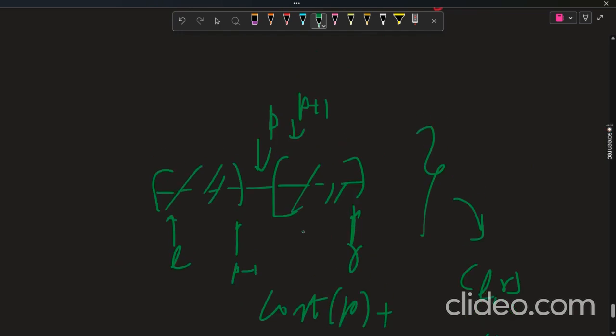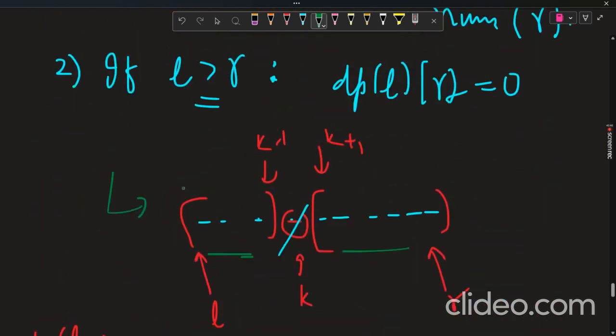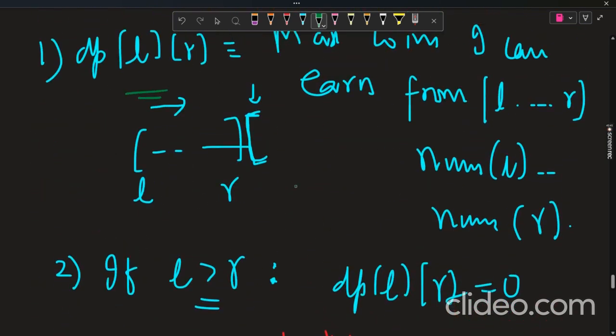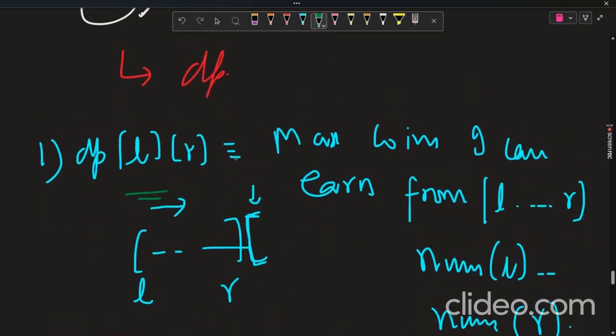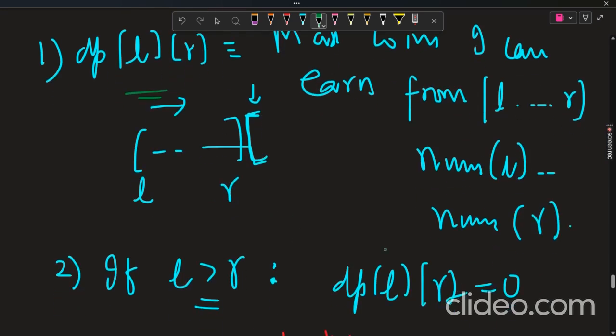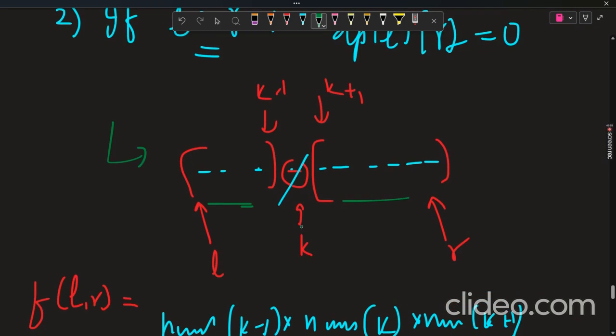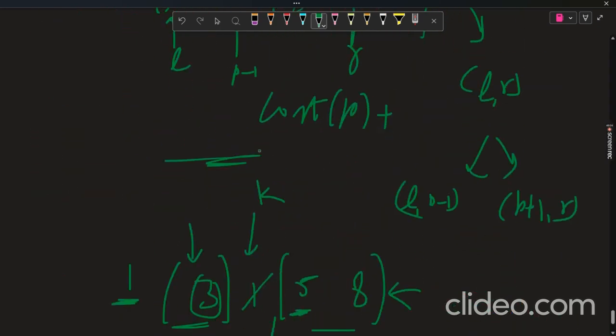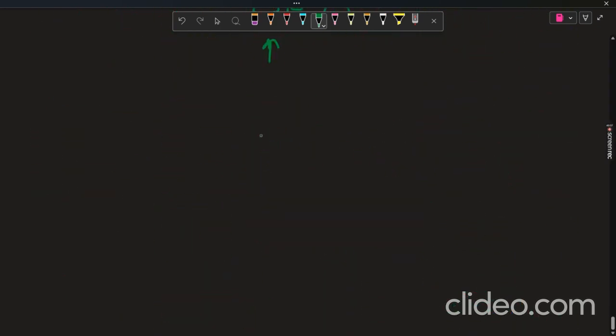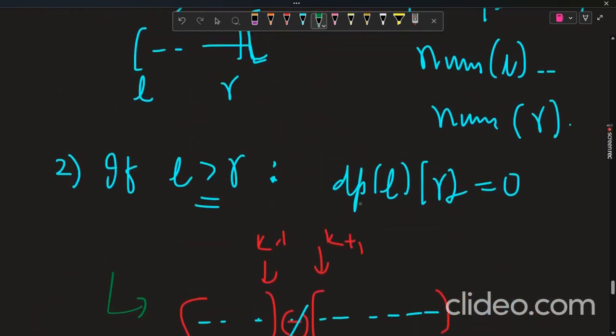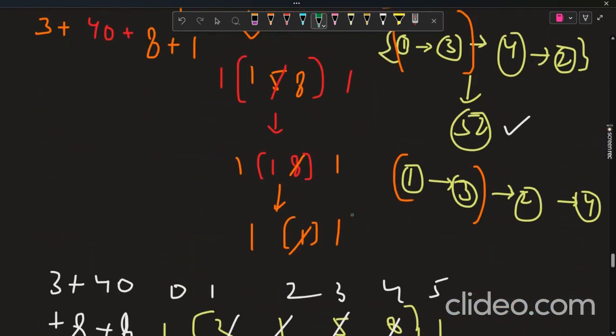That means I can't formulate this type of DP where I am having an L to R interval and trying to maximize the number of coins I can earn in this interval after doing some kind of partition, where p is the first bubble I am bursting in this interval. So I can't do this kind of thing. Let's now try to change the DP state somewhat. Before changing the DP state,